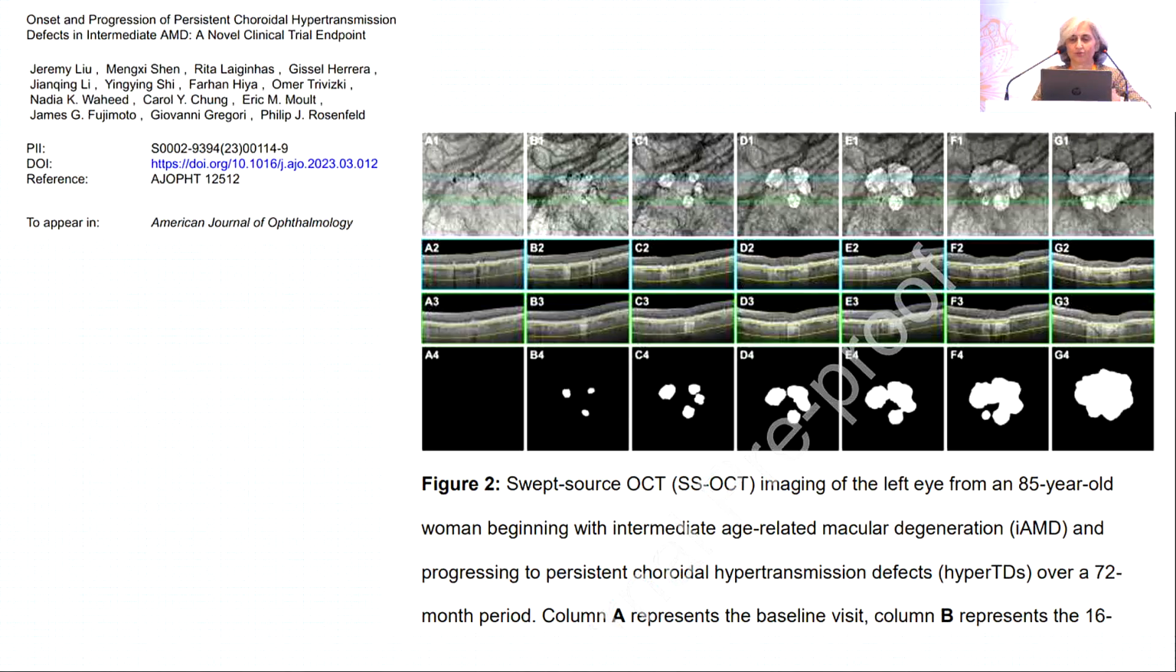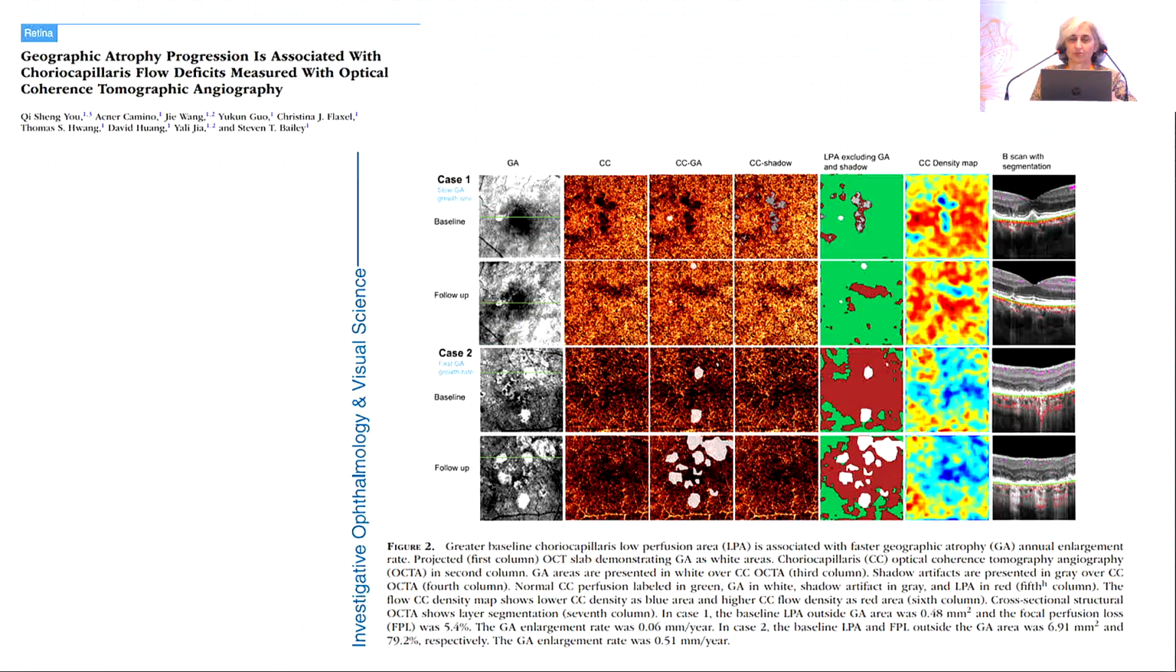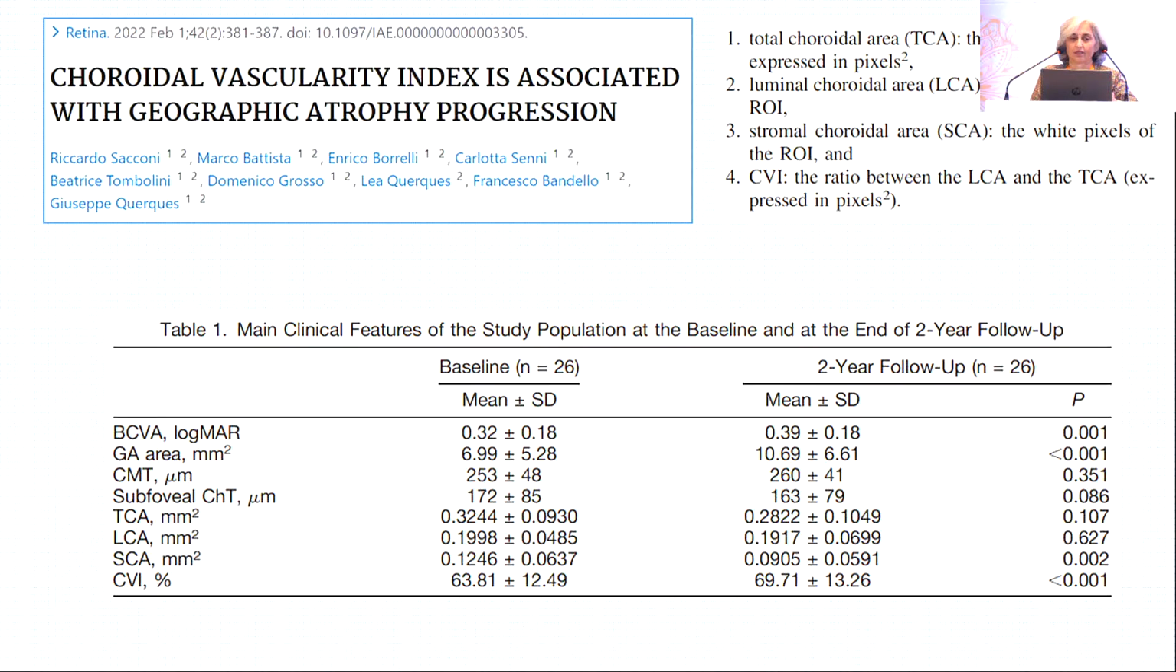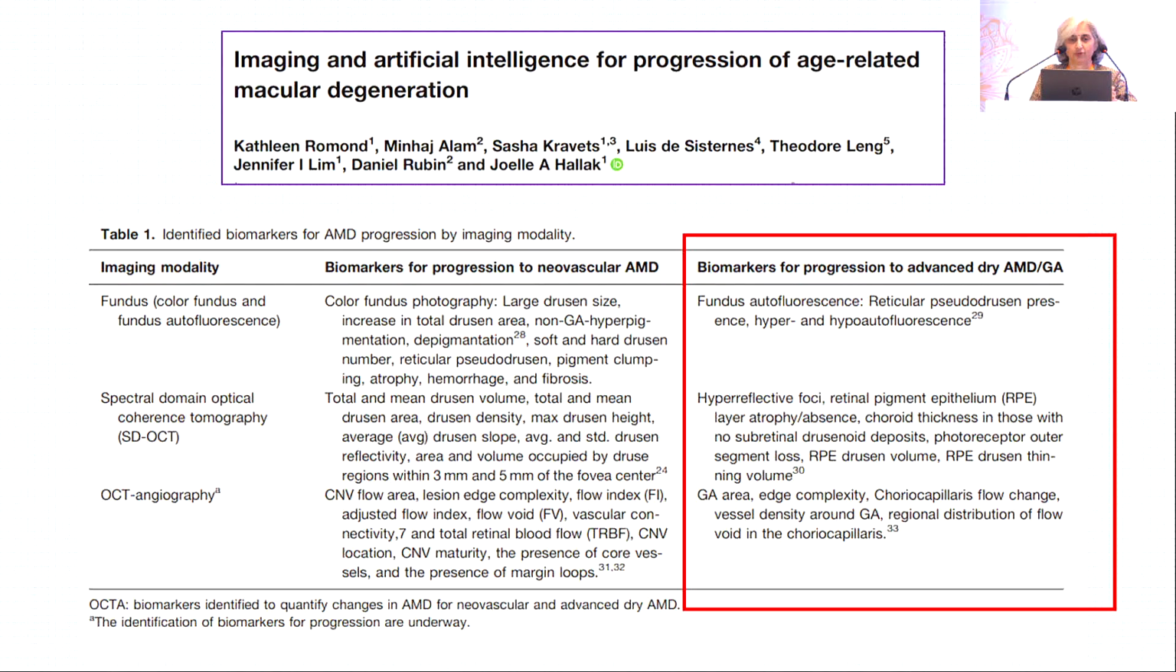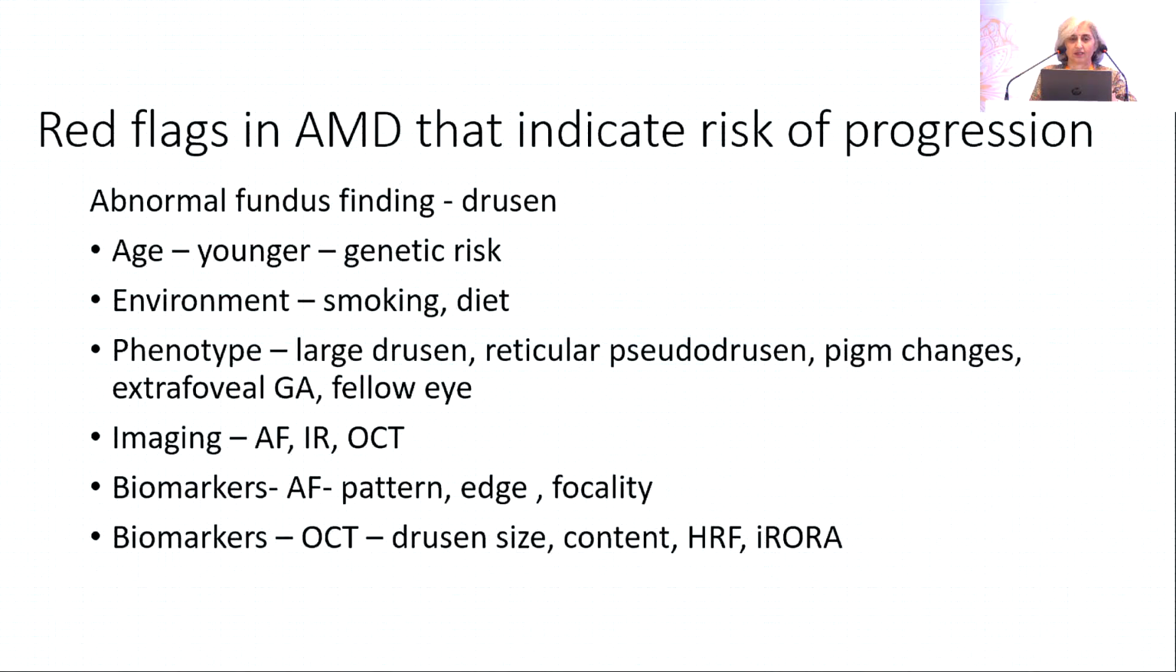This is a patient over a 72-month period showing the progression of atrophy. It can also be seen as choriocapillaris abnormalities. The CVI is also associated, but this is more of a research tool right now. And of course, AI will help us to correlate what we know already and maybe apply it to a larger data set. So I don't have an algorithm because there's not much to say in that, but